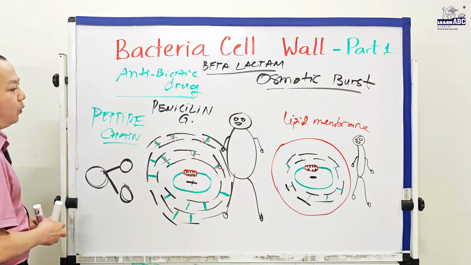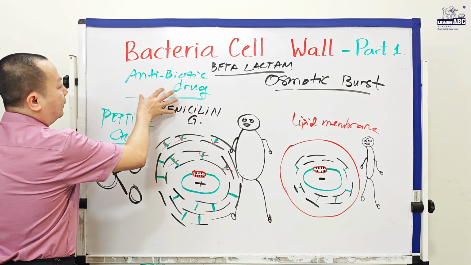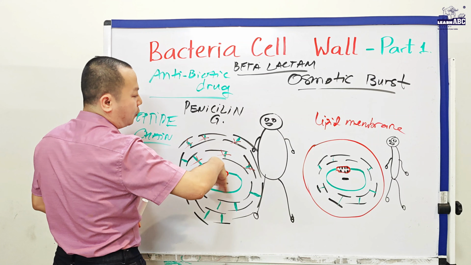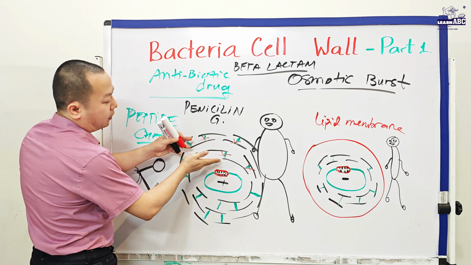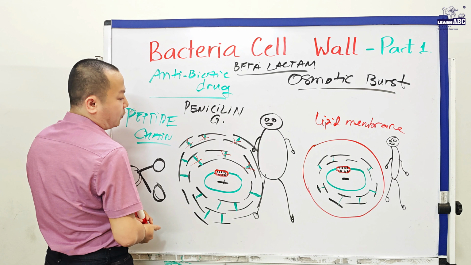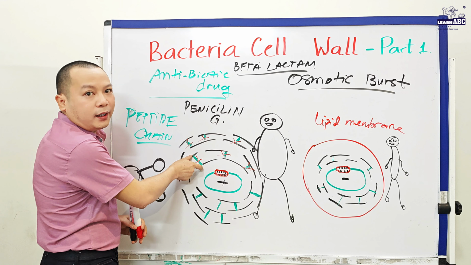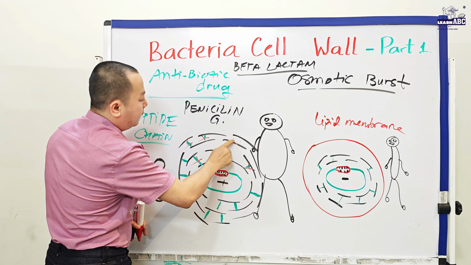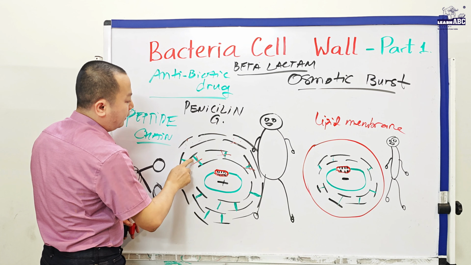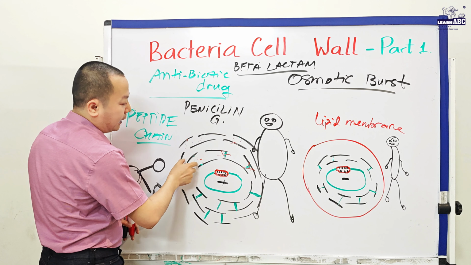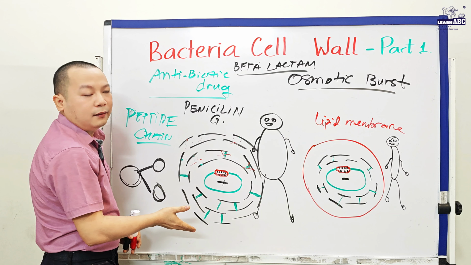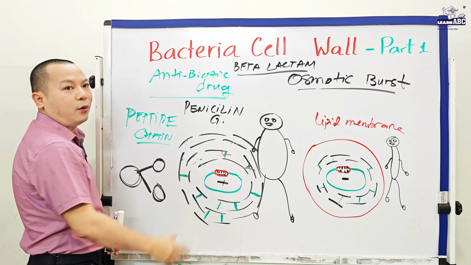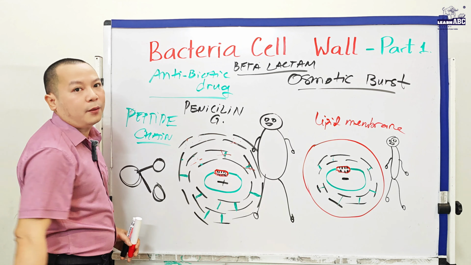So if we use penicillin G, it comes and prevents the formation of the cell wall here, especially the formation of the peptide chain here. They cannot make the cell wall here. You see, if you prevent the formation of the peptide chain, then how can the bacteria make the cell wall? They cannot make the cell wall. They have only the sugar backbone, so they cannot make the cell wall properly,